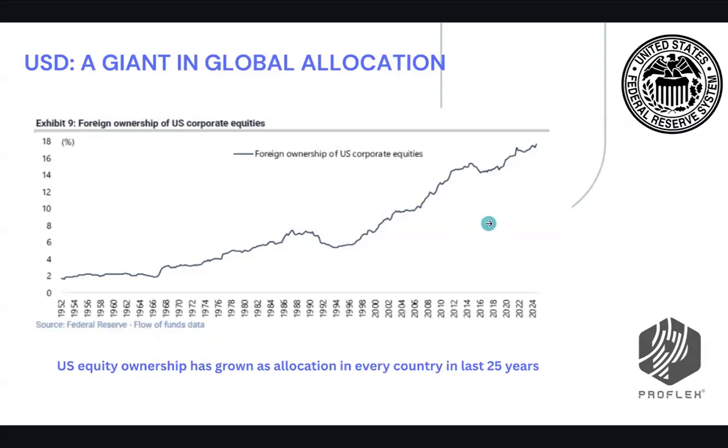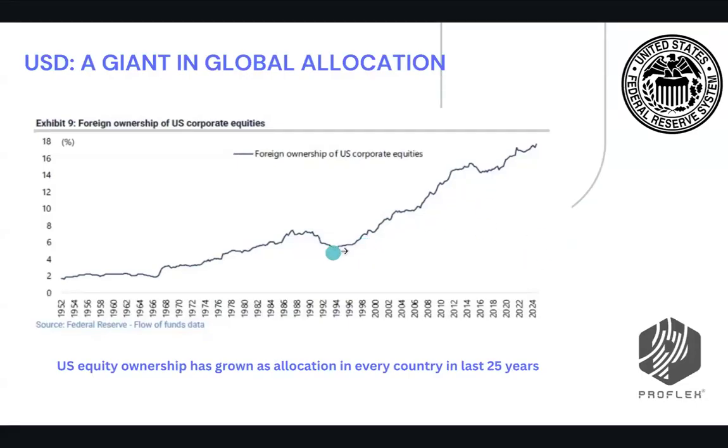In terms of foreign ownership of US equity, now we talked about how the corporate equity market of the capital market of US has grown from 10 trillion to 60 trillion. So this is a great number because this is the data which we have taken from the Federal Reserve, that it is the ownership of US equity in terms of percentage. Now, imagine that we have gone 6 times higher in the size of the capital market, and the ownership of US corporate equity is still growing. That means in terms of dollars, we are going exponential on this side also.